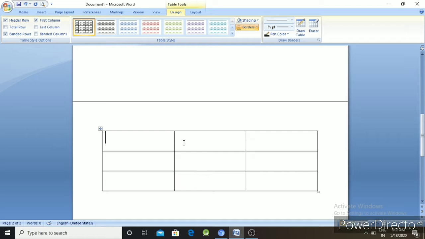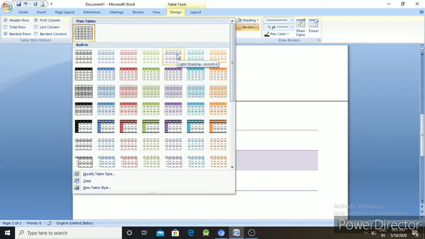Then the Design and Layout tabs are given here. You click on the Design tab and let us see the design part.